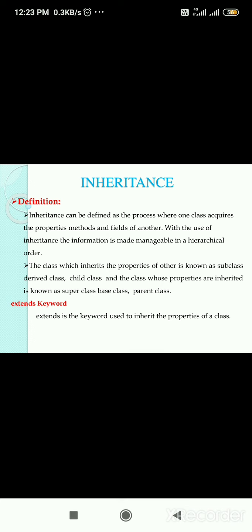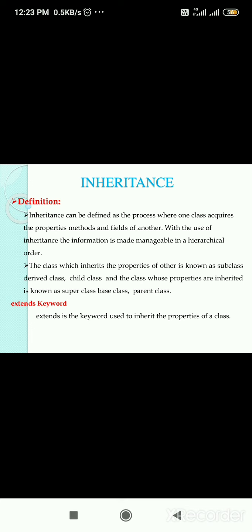What is a class? It is a user-defined data type. It contains data members and member functions. We use variables and methods in a class. We create the object and inherit some methods and members into the class. To create an object, we use the new keyword. That means an object is called an instance of a class. Using the new keyword, we can create an object and access all the members and methods in a class.